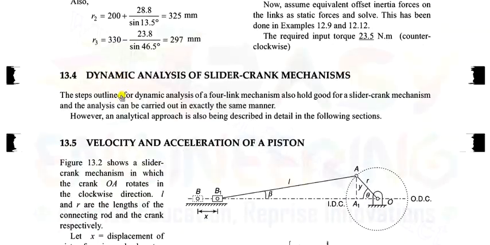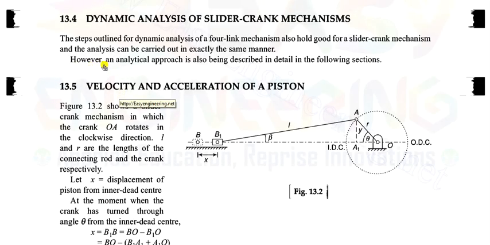Okay, so he is talking about this method, but here first we will go through analytical approach of slider crank mechanism to consider the dynamic analysis. Okay, so I will start here. First we will calculate velocity and acceleration of a piston. Okay, so velocity and acceleration of a piston in dynamic analysis. So from here a very important derivation starts, as I informed in last class at the end of the last video. So here you can see this is single slider crank mechanism.